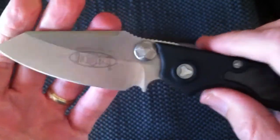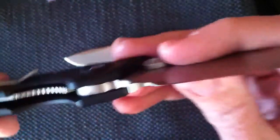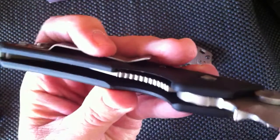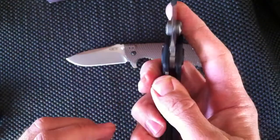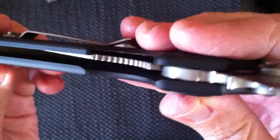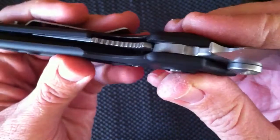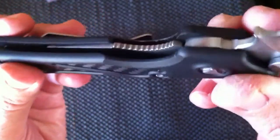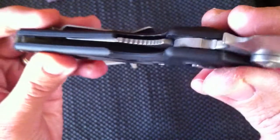Not bad. There's something here on the liner lock, and I'm not going to be able to show you this because I don't have a light, but there's actually a spring in here that gives the liner tension. It looks like an interesting design, but I don't like a lot of moving parts, a lot of parts that can break on my knives, and the fact there's a spring in there worries me a little bit. It could be a great design, it could be foolproof, but the fact that there's a spring in there keeping that liner tight against this tang concerns me in the long haul. But